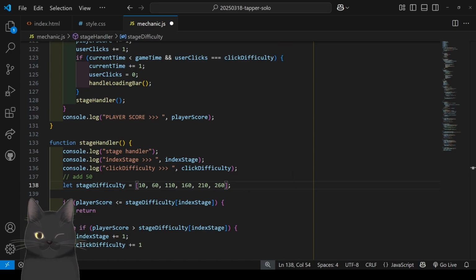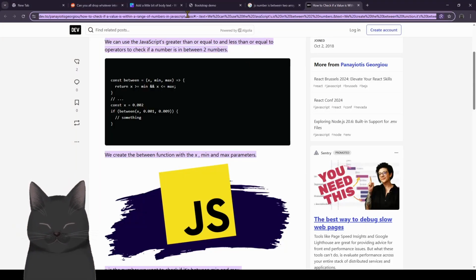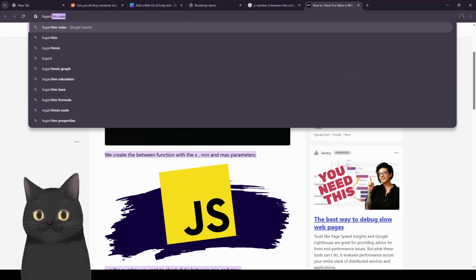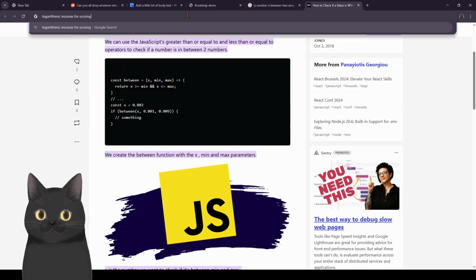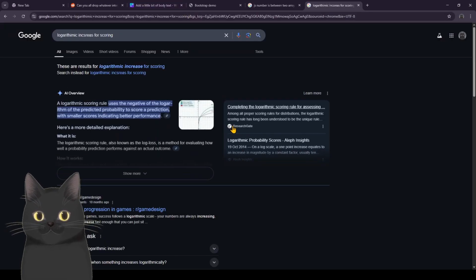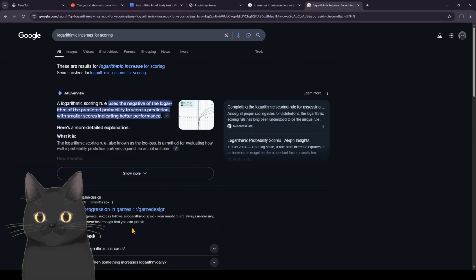Okay, you know what? Let's not brain this to ourselves. Let's outsource our brain. Logarithmic increase for score. There we go. Haha, someone else had the same idea. So according to them,